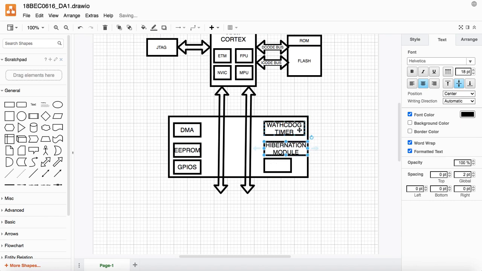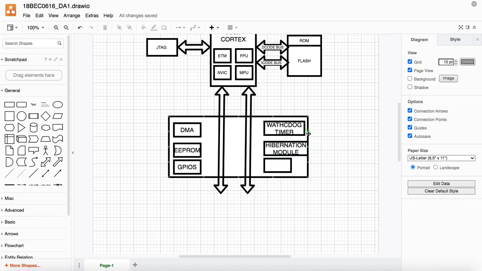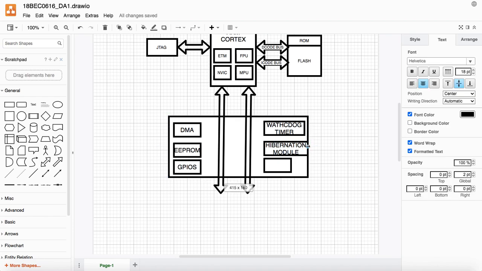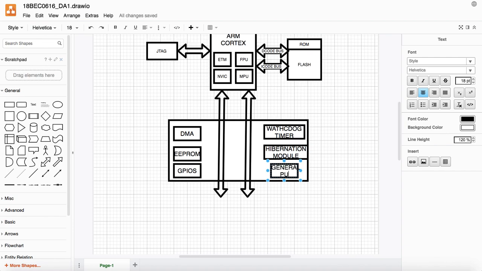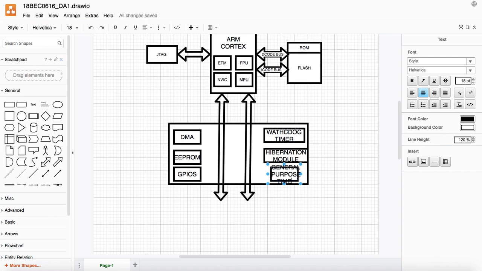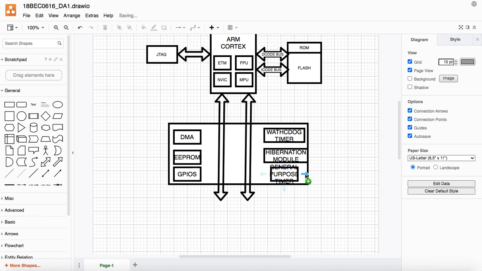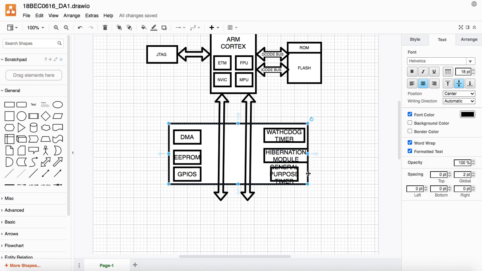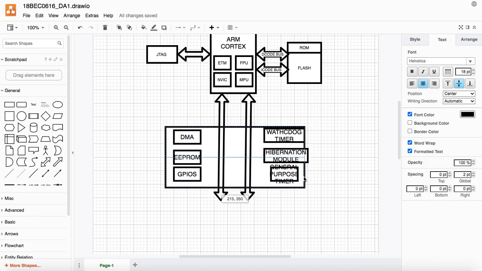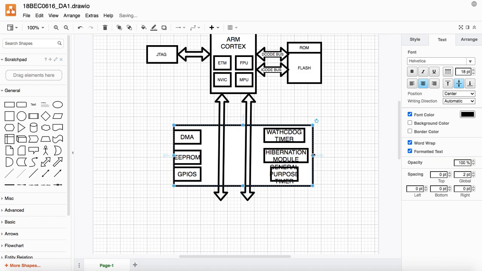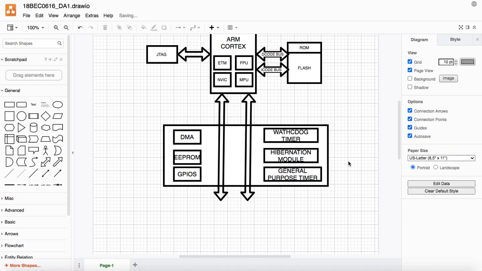This is the hibernation module. Just move it like that.